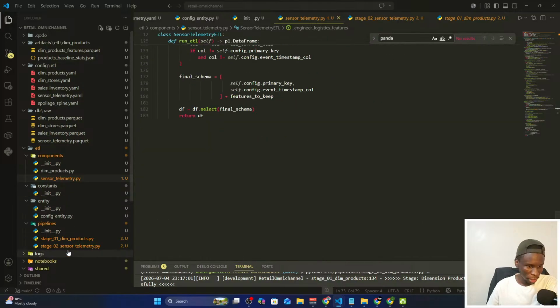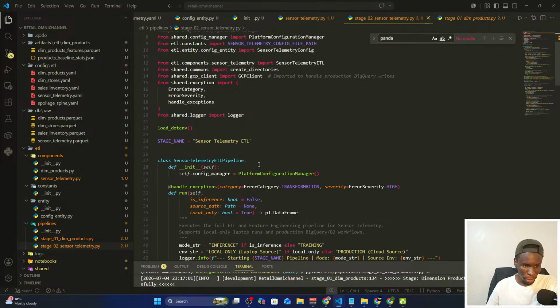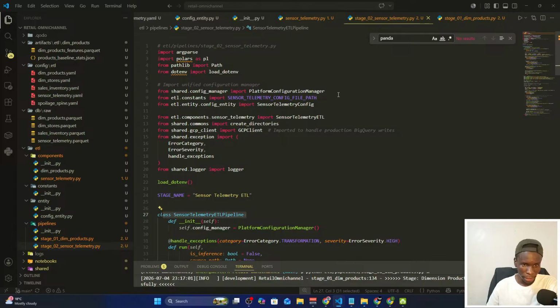Then once you're done with this, then we can go to the pipeline. So you create your pipeline. So this is the sensor telemetry pipeline. So you can see you're getting the configuration manager, and then you're also passing in the sensor telemetry config file path. So this one, where are you getting the config file path and so on. So this one is okay. Then the entity, then we are doing the component itself. So once this one is done,